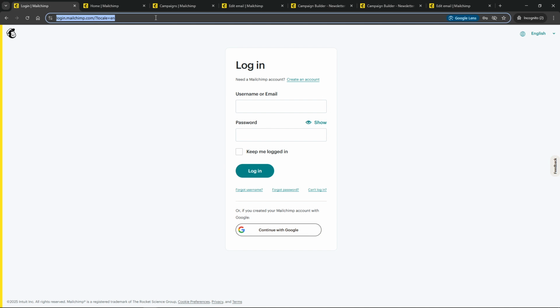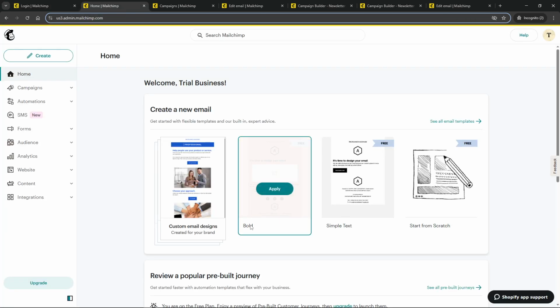First things first, let's head over to Mailchimp. You'll want to sign in with your credentials, so go ahead and enter your username and password. Make sure your login details are ready, as we're about to embark on an exciting campaign creation journey. Once you're signed in, your Mailchimp dashboard should be the first thing you see, and from here we can start